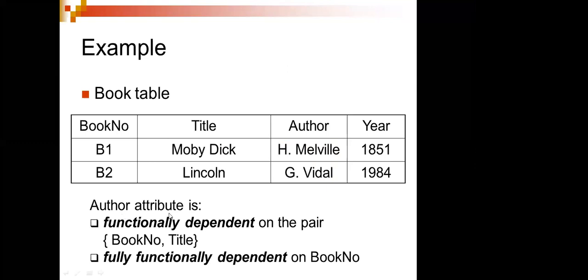Now when I say author is an attribute, it's functionally dependent on what? On the book number and title. So here there is no question of year. There is a book number and a title, and this belongs to author so and so. So this person depends on these two. When I say fully functionally dependent, then book number is totally fully functionally dependent. How? Because when I type this, I get the entire information. That means all other attributes depend on this. This is what functional dependency is.